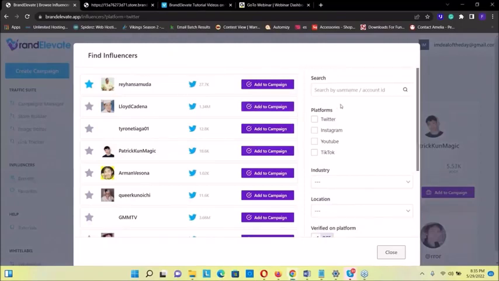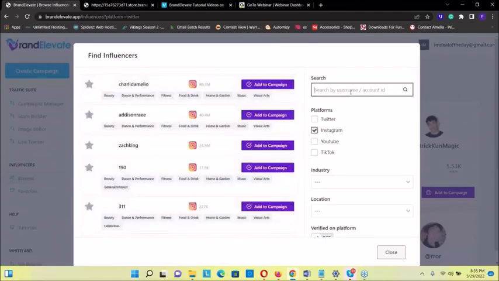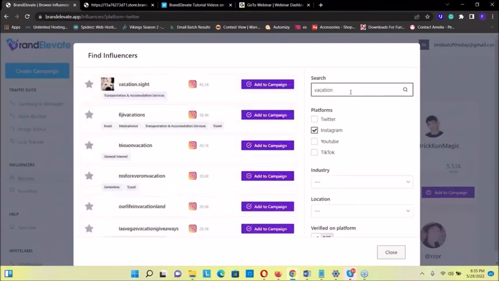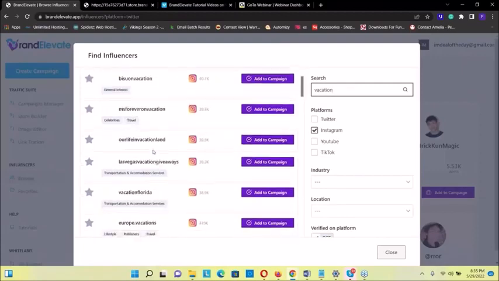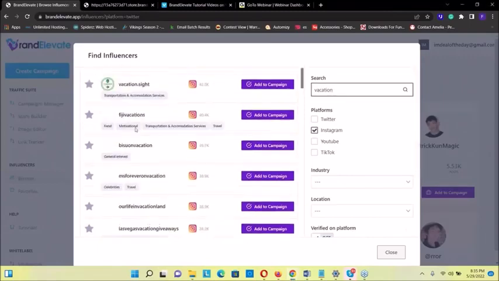Right here, you can do the advanced search where you can pick if you want to search for Instagram peeps, for example, and say I want to search based on a keyword, vacation, for example, and it pops up all these Instagram influencers, because obviously if you want to use influencers, they have to be matching your campaign, right? So this pops up